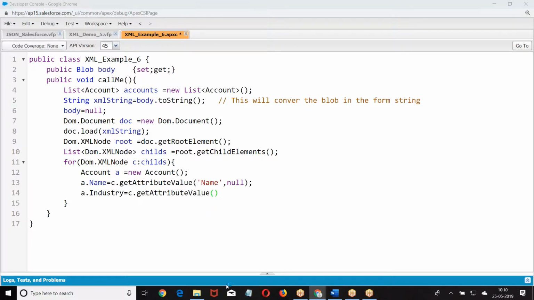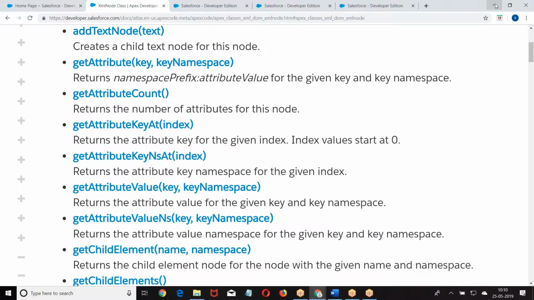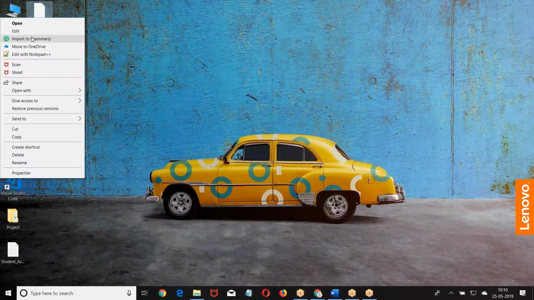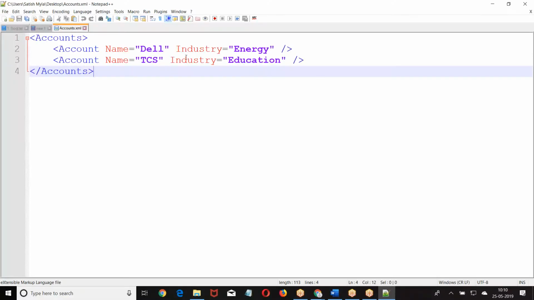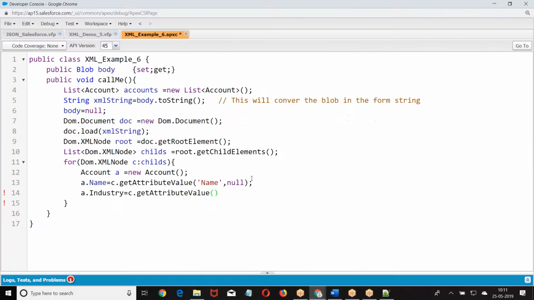What is the file I have given? I smaller capital. Go back to the file. Check out, I capital I gave. Right. This is how we got A dot name, get attribute value, then put them into list of accounts,